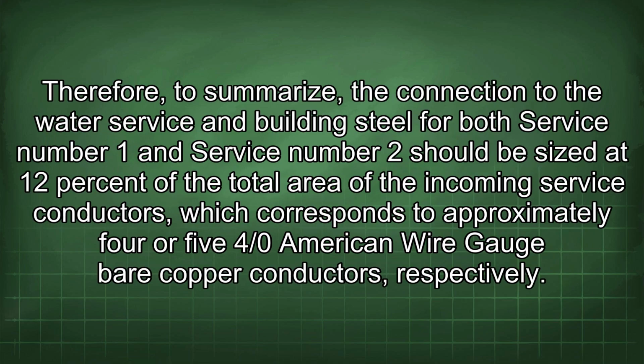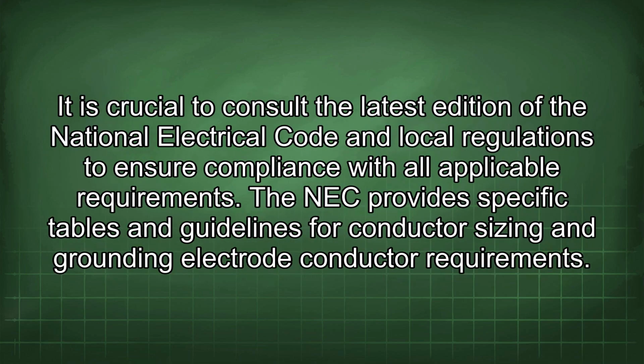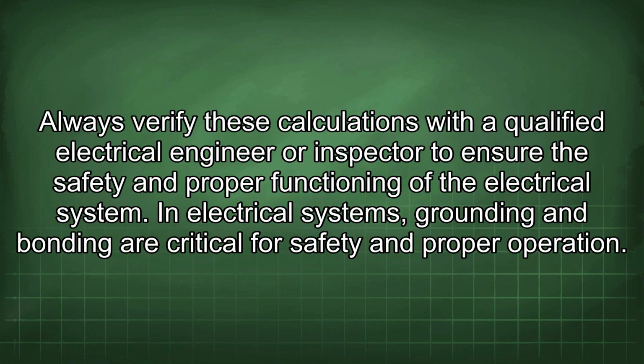Therefore, to summarize, the connection to the water service and building steel for both service number 1 and service number 2 should be sized at 12% of the total area of the incoming service conductors, which corresponds to approximately 4/0 or 5/4/0 American wire gauge bare copper conductors, respectively. It is crucial to consult the latest edition of the National Electrical Code and local regulations to ensure compliance with all applicable requirements. The NEC provides specific tables and guidelines for conductor sizing and grounding electrode conductor requirements. Always verify these calculations with a qualified electrical engineer or inspector to ensure the safety and proper functioning of the